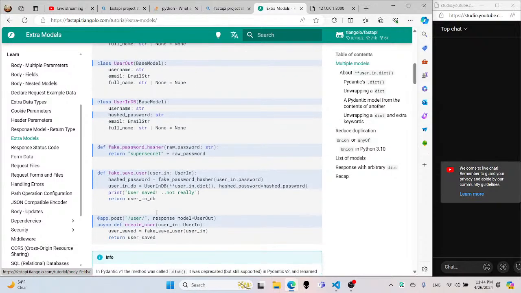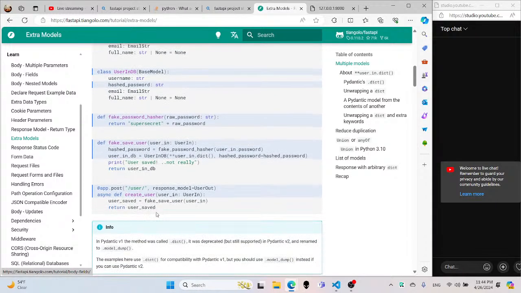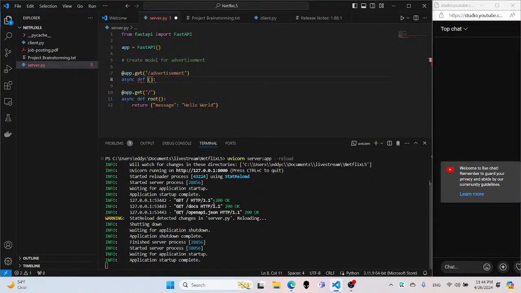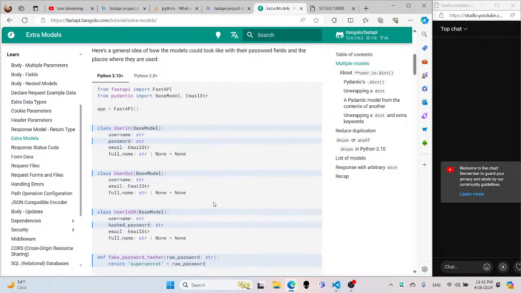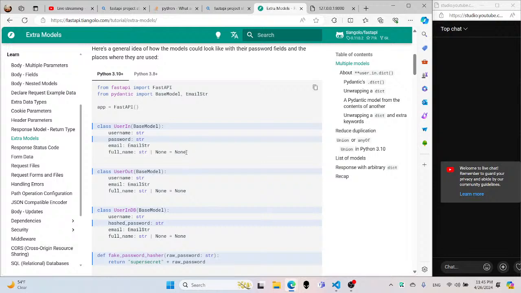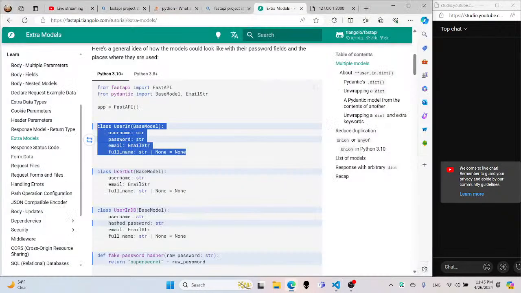Okay, so then in that case, I can name this get advertisement. And then I'll create a model for this, which is going to be, I'll just copy paste this part, and then